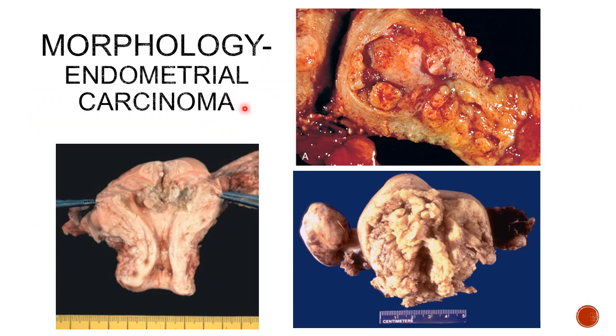So let's have a look at the morphology of endometrial carcinoma. Endometrial carcinoma obviously arises from the endometrial lining of the uterus. The morphology can be quite diverse. It can form a small tumor, let's say for example here in the fundus of the uterus, but the rest